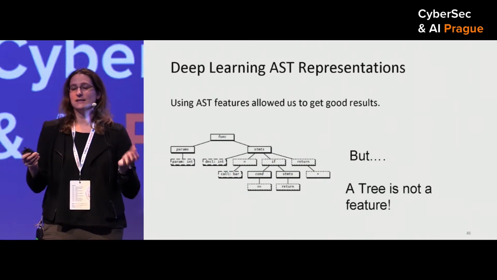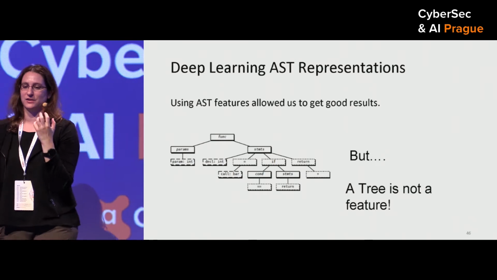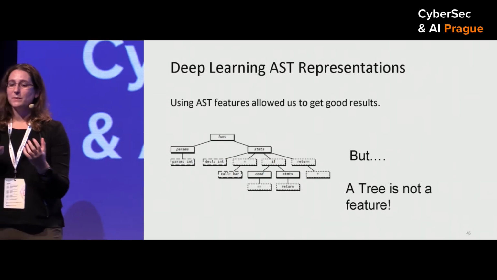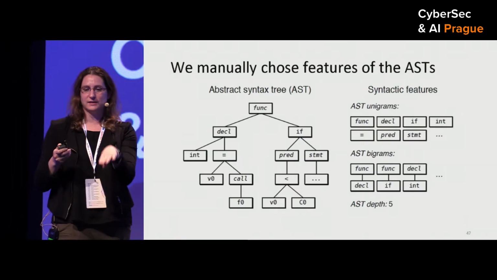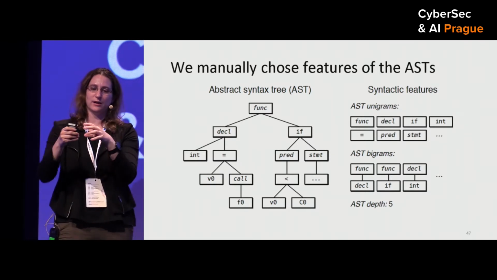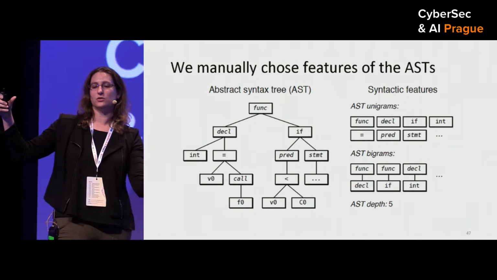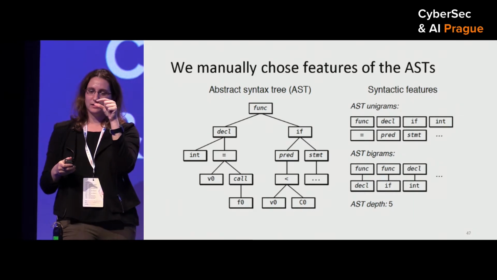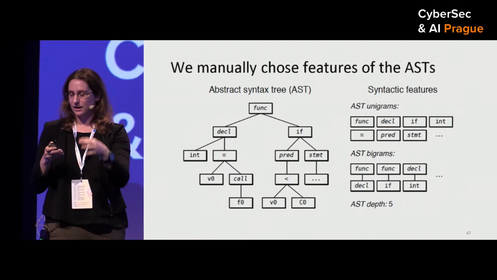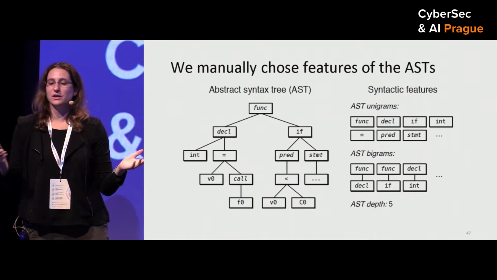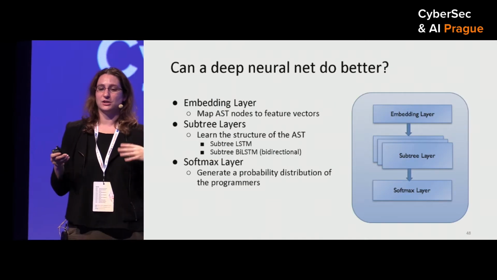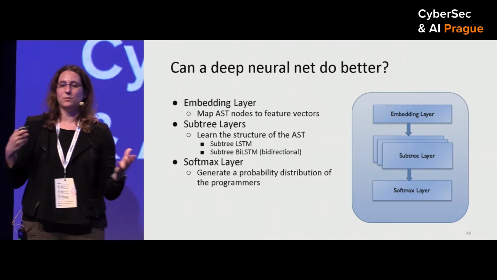So as I said, trees are not actually features, right? So we manually chose the features of the ASTs that we were using, and we again looked at really broad things, features of the whole tree, and really narrow things like bigrams and unigrams of the leaves of the tree. So we're interested if a deep neural net could actually do better, and we wanted it to learn the